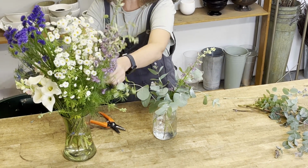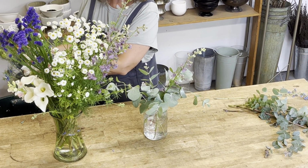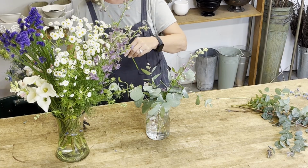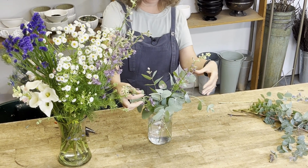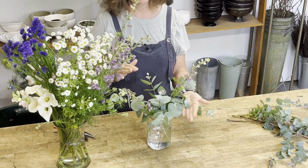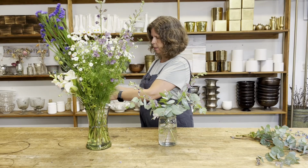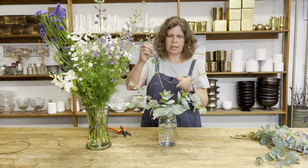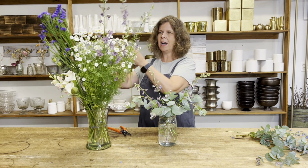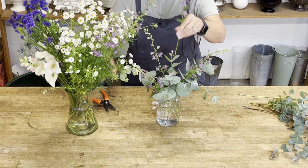You don't really have to have the stems touch the bottom of the vase. That's not necessary. You can have them halfway or 2/3 of the way down inside the vase, as long as you have enough water in there to make sure that they are hydrated. So this line flower that I'm using today is larkspur. I love using larkspur, and I think I'm going to use about 5 pieces of this line flower to help